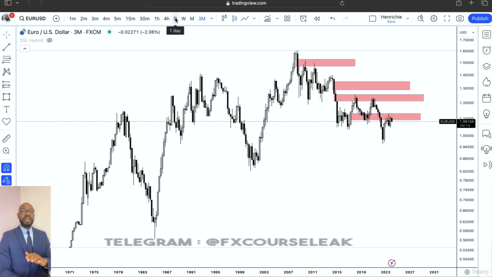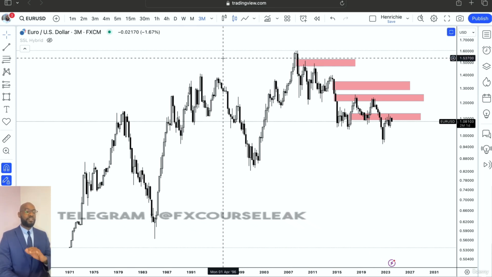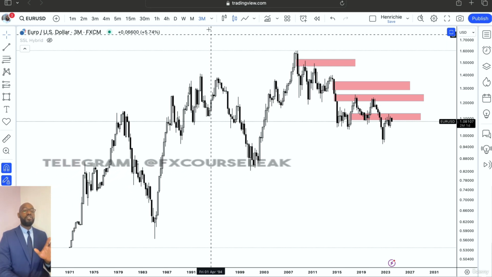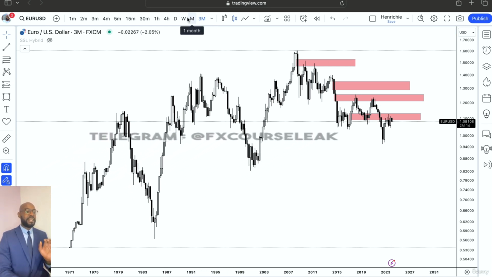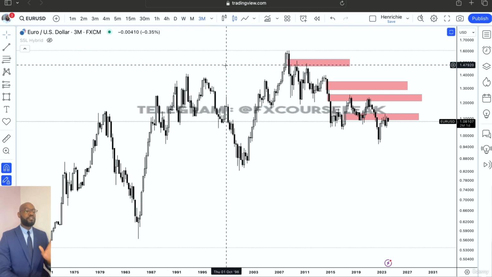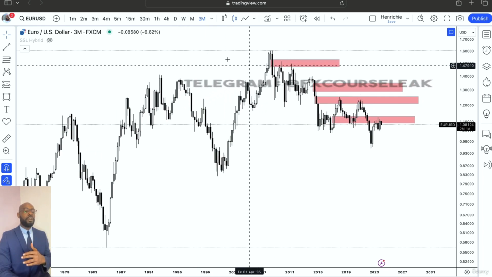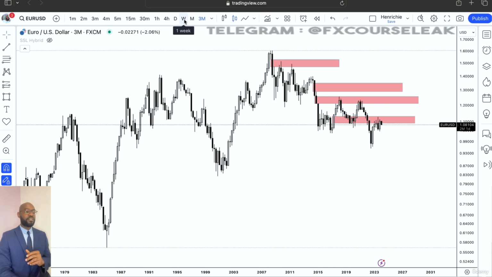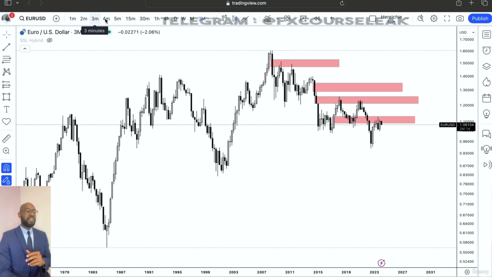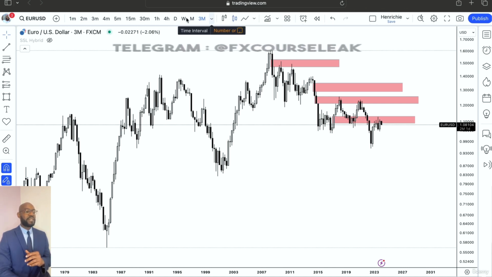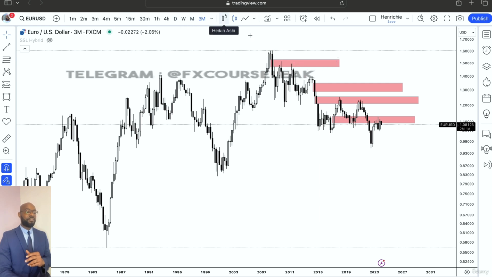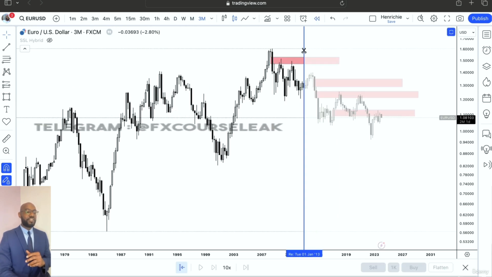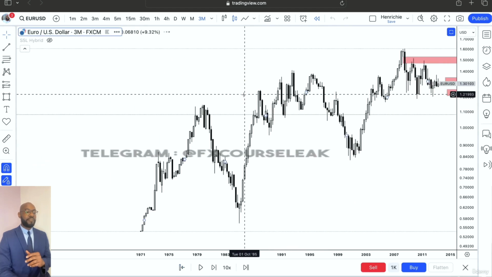Now, in order to make this very simple to understand, because I know that some of you are not really advanced traders, all you just have to do is count 3 time frames to the left. So let's say, for example, your inefficiency key level is the 3-month time frame. You count 3 time frames to the left: monthly, weekly, and daily. You can set your time frames as I have set mine right here. So once you see a daily, if price taps into this inefficiency and you see a daily break of structure,